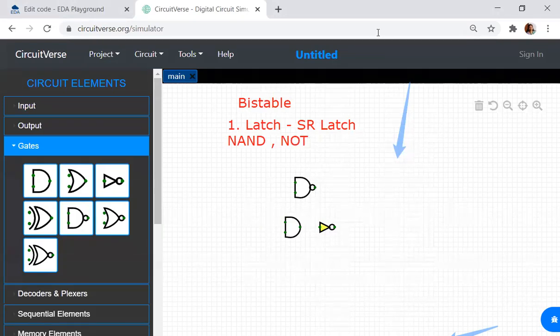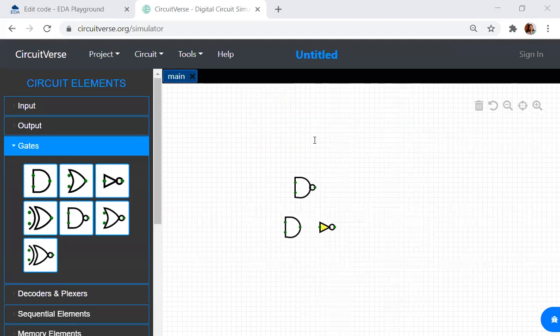NOR gate will be equal to OR gate plus your NOT gate. Hence, this acts as the building blocks for your latch. So now let us design a latch using NOR gates first and see how the NOR gate operates, how the latch operates.